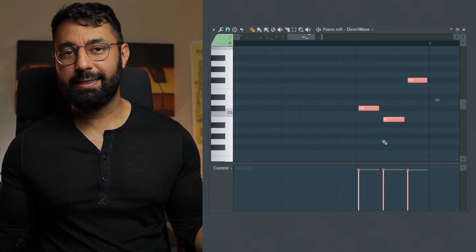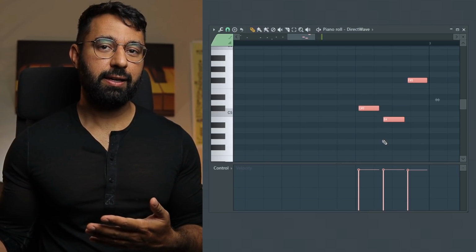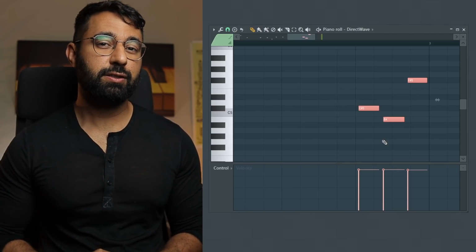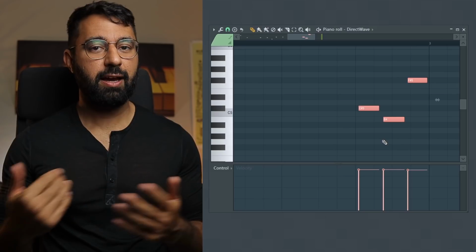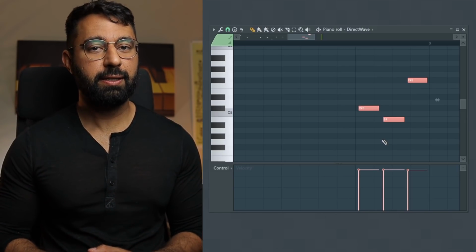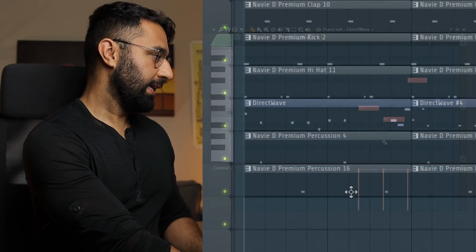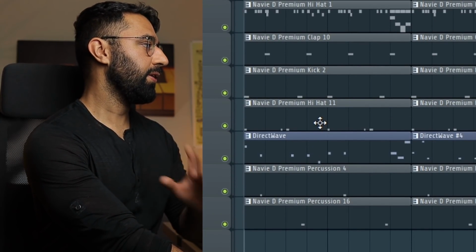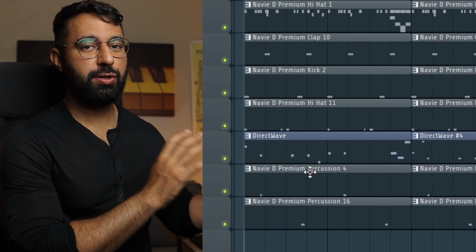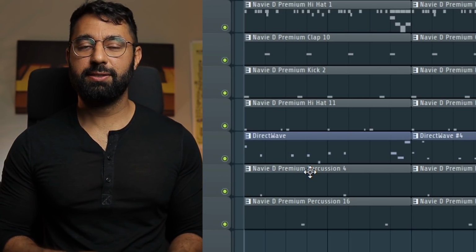So instead of just adding a clap on the 2 and the 4 and calling it a day, for example, he will often include more smaller percussive sounds, maybe some additional snares and hi-hats and pick spots throughout the beat to add these percussive elements. It's exactly what I did here with this percussive layer and this one. I also have a secondary layer of hi-hats right here. This again helps create more variation in the rhythmic sections of his beats.